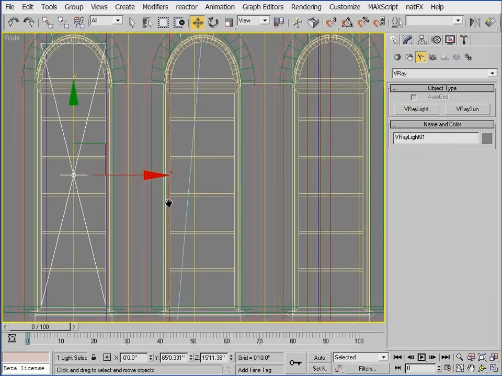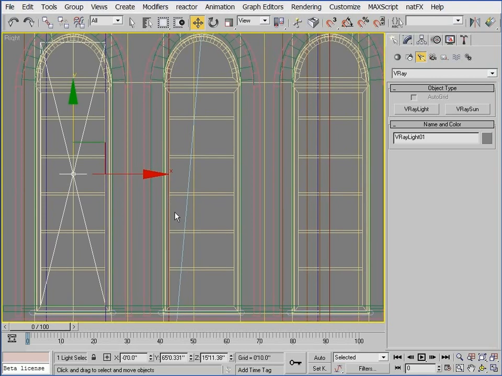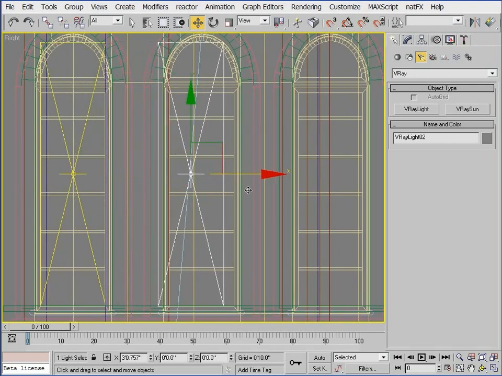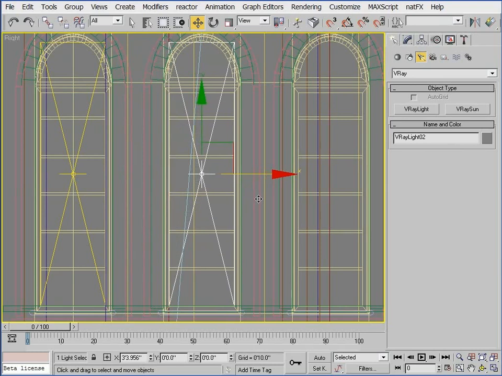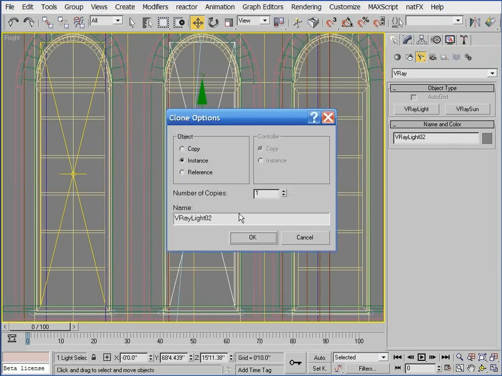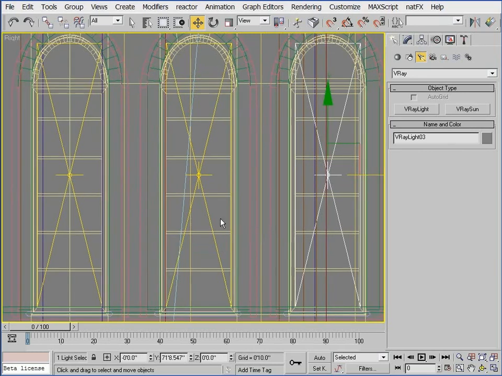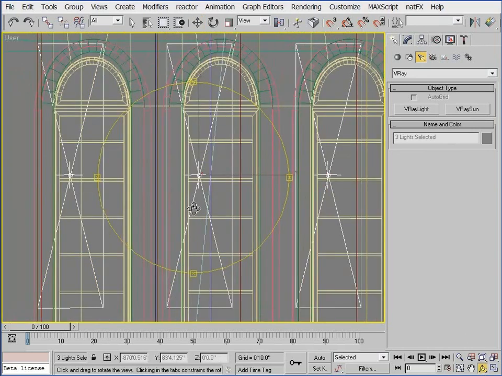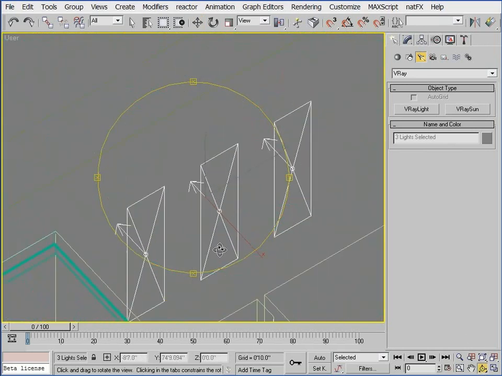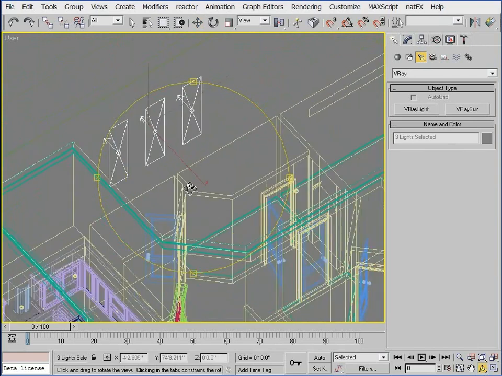Since all 3 of these windows are the same in terms of size and orientation, after I make one, I should definitely just create an instance and move 2 instances where the other 2 windows are. So I can just hold down Shift, apply the move transform, make 2 instances, and once I create the instances, I can select all 3, switch to a perspective view,